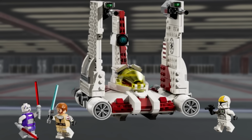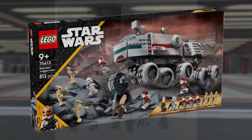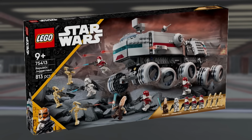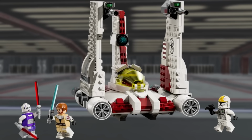When the V-19 is in its landing position, it's not supposed to look like this. The LEGO model looks very chibi and ends up feeling unrealistic and too thick. LEGO generally likes to over-engineer their sets so that they're the most sturdy and playable. I'm looking at you, 75413 Republic Juggernaut. So they had to add these extra support pieces. I don't think that they were totally necessary since the wings are already 2 plates thick, so I reduced the